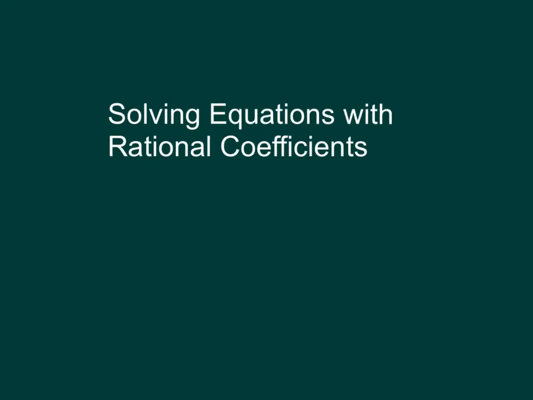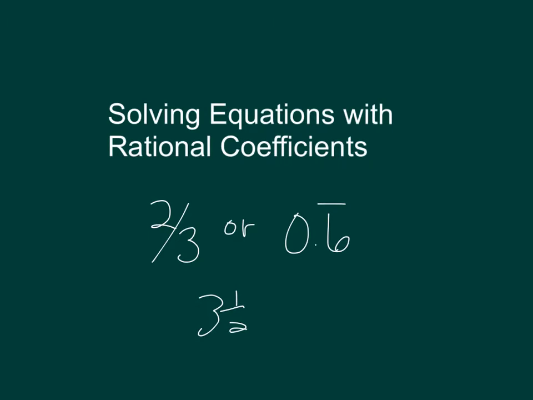First of all, let's take the word rational. Do you remember what a rational number is? A rational number is simply a fraction or a decimal. Rational numbers are just fractions or decimals, okay? So when we talk about a rational coefficient, it just means that there's a fraction in front of the variable,